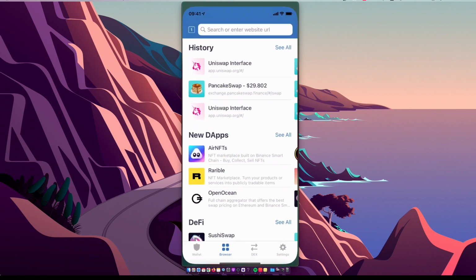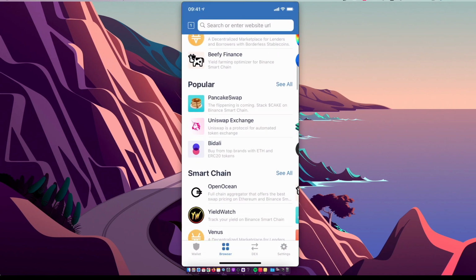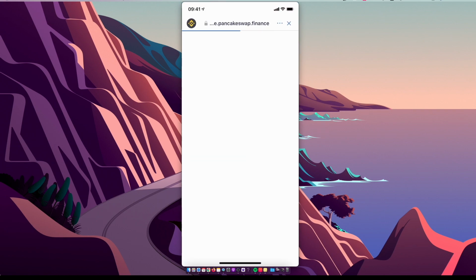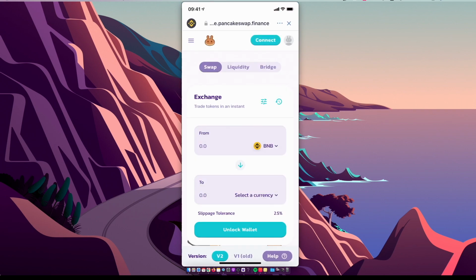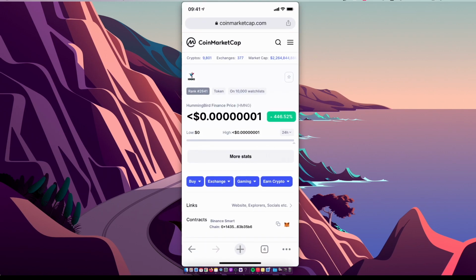And then the browser option will appear, and look under the popular PancakeSwap, and make sure you're connected to the wallet on the top right corner. Press connect Trust Wallet, select currency, go back on CoinMarketCap and look for HummingBird Finance,